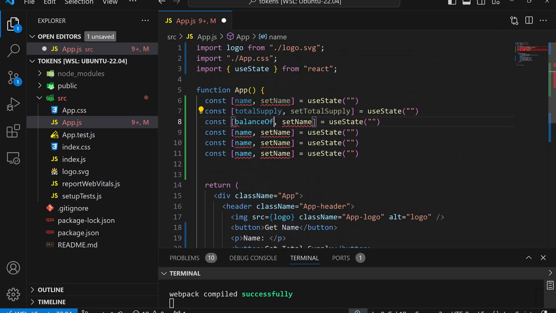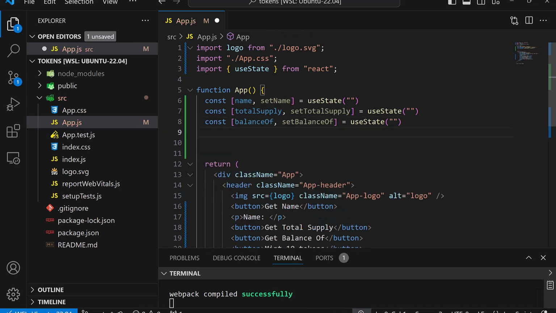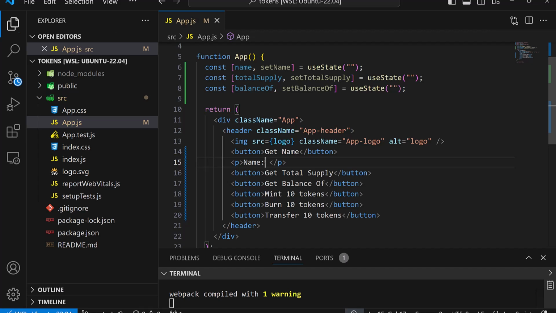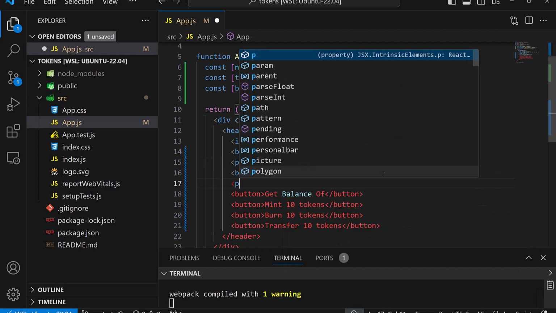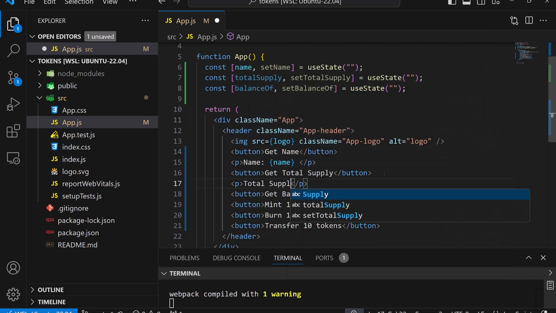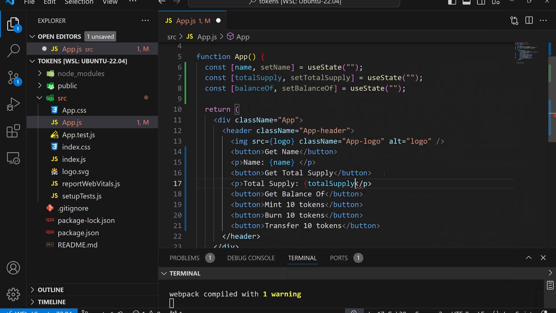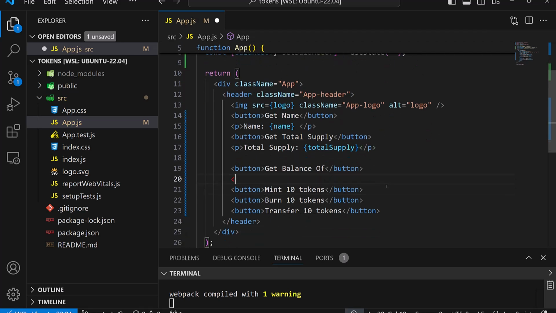Balance of, set balance of. And then that's it. Name, total supply, and then